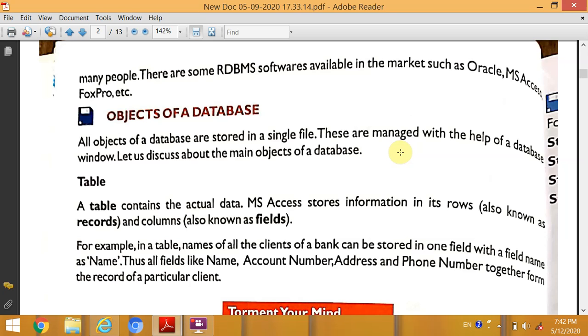Where actually data is stored is called a table, and a table is a collection of rows and columns. As you know, rows are known as records in Microsoft Access, and columns are known as fields.